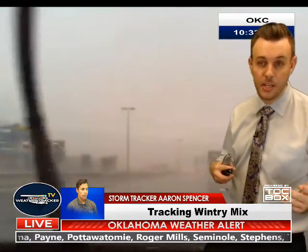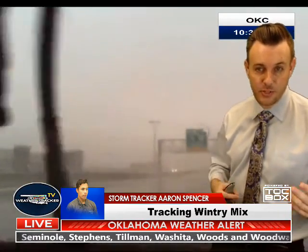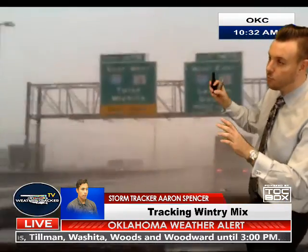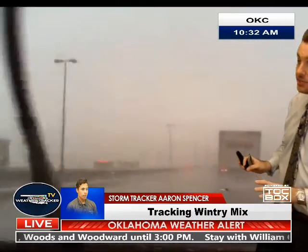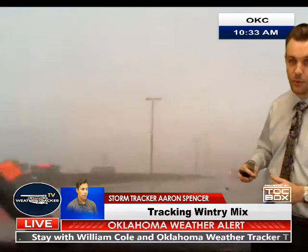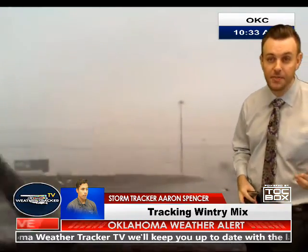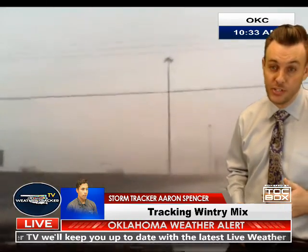You look at radar, you see what the radar is showing, where this activity is moving. We look at our live cams around the metro as well. But really the most important thing is our team of trackers. A very experienced team of trackers, all Oklahomans. They've been doing this for a while, and they're here with us live. And of course, even though they have chase vehicles and chase equipment,